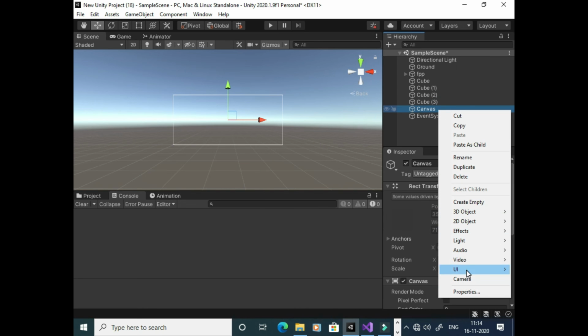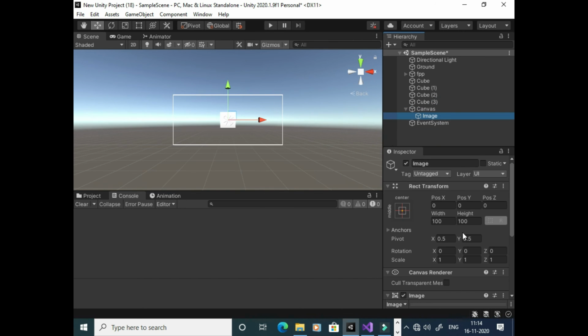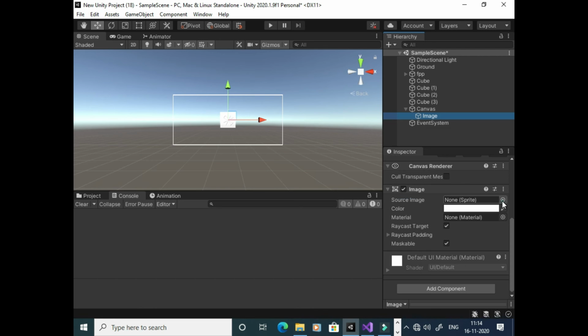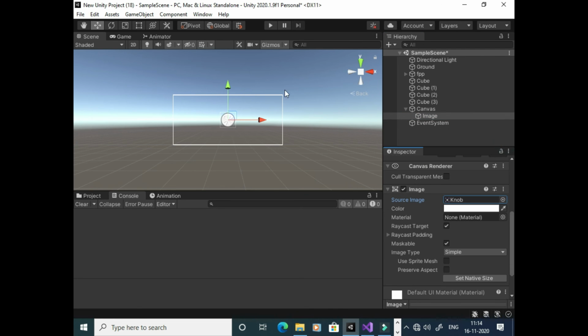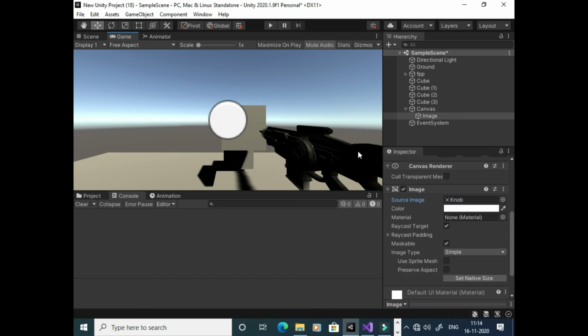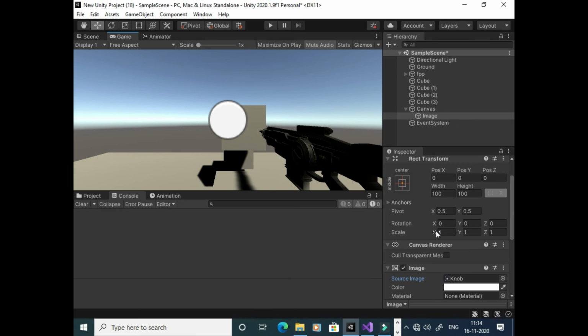What we have to do is just make an image, and the source image will be our knob. When we see it in the game it looks like this, so just scale it down a bit, 0.1, 0.1, and 0.1, and it looks like a basic crosshair.